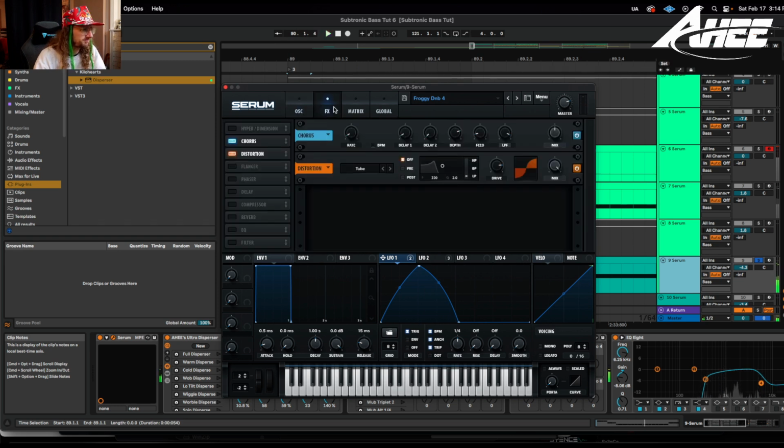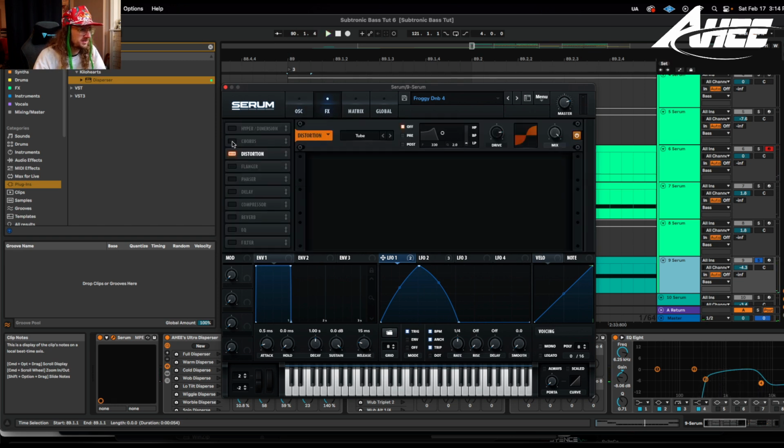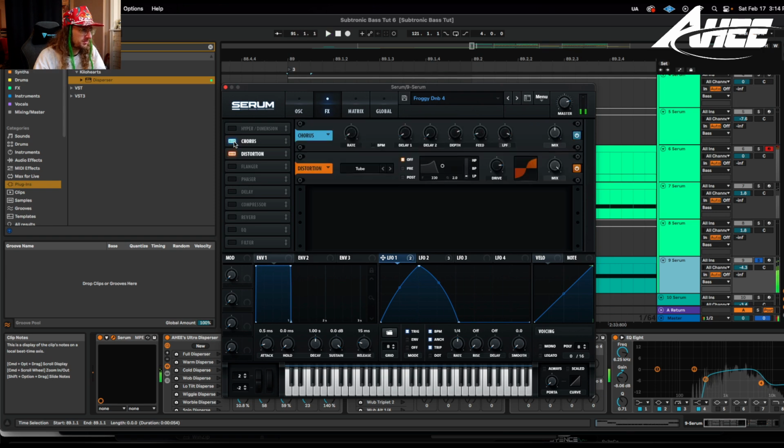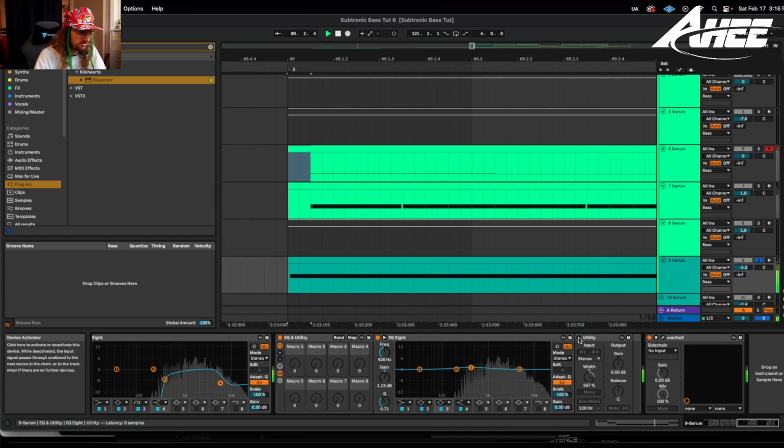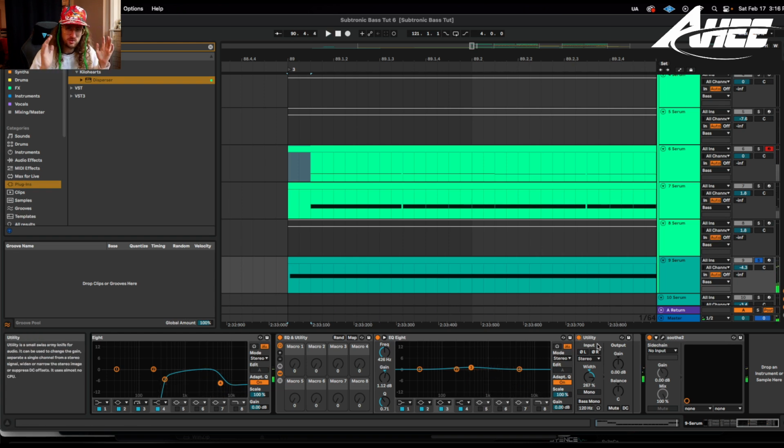A little bit of chorus and distortion. That chorus is kind of important. It really gives it that wide feeling there. It also looks like I'm boosting the width a bit. I really wanted a super wide sound because this sound over here is taking up more of the middle. There's also this sound,